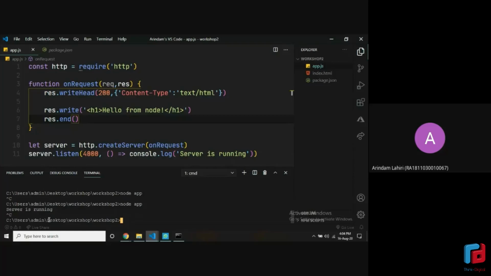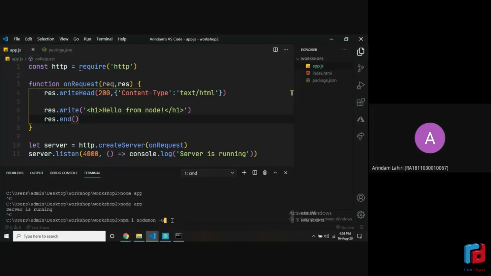So that can get a bit complicated. To avoid running the app again and again to see all your changes, I would recommend using a package called nodemon. How you install it is you write the command npm, because that's the package manager we are using. Then you put in an i. i basically stands for install. You can also write install, but i is just shorter. So you can write npm i nodemon -g. Now what the -g means is that it's a global package. So it's getting installed everywhere on your system and not this folder alone.